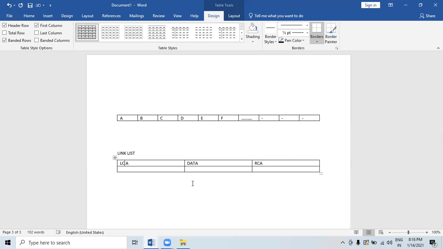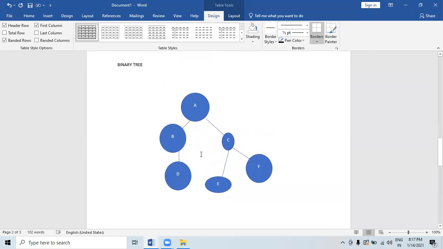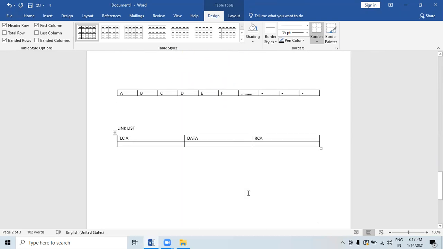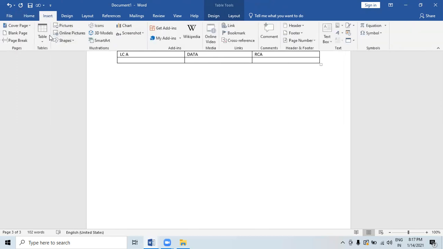So linked representation is nothing but we use a double link list to represent binary tree. In double linked list, every node consists of three fields. First field for storing the left child address, second for storing actual data, and third is storing the right. Okay, in above you can, in this table you can see this represents linked list. Okay, सो अगर ये डायग्राम है बाइनरी का, ठीक है, सपोज ये बाइनरी डायग्राम है, सो यहाँ पे यू कैन से ए बी डी, राइट, देन यू कैन से सी ई एफ। तो ये हम लोग किसमें रिप्रेजेंट करेंगे, इन द फॉर्म ऑफ टेबल।